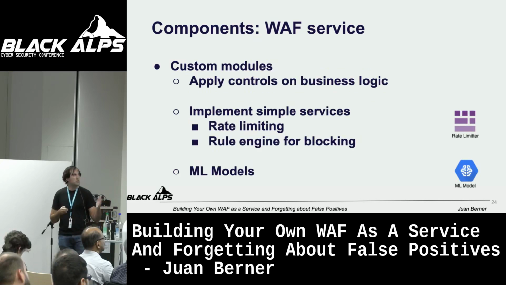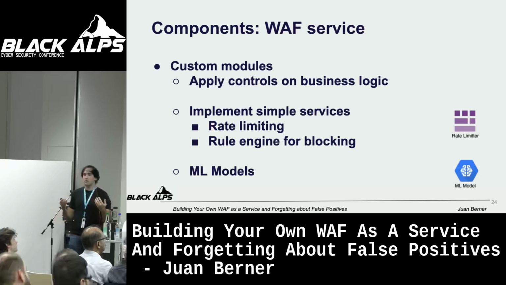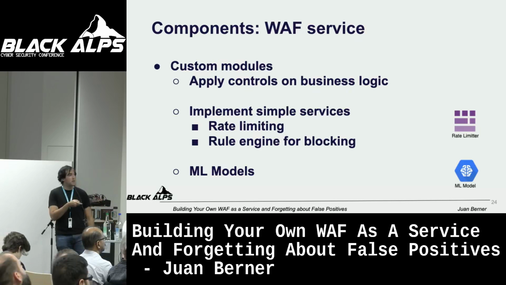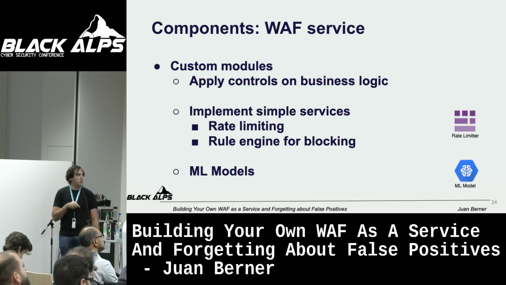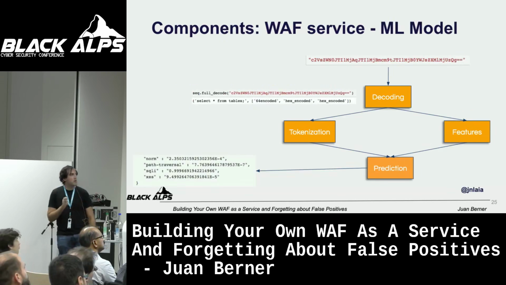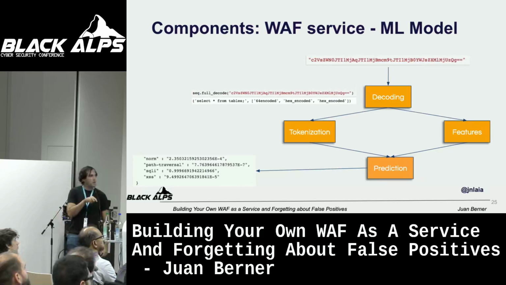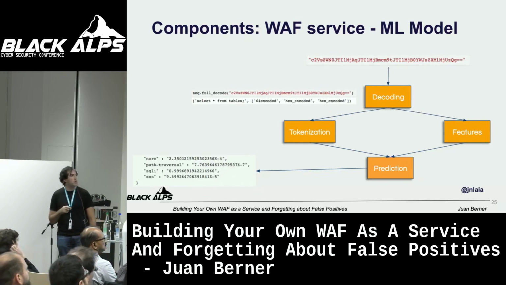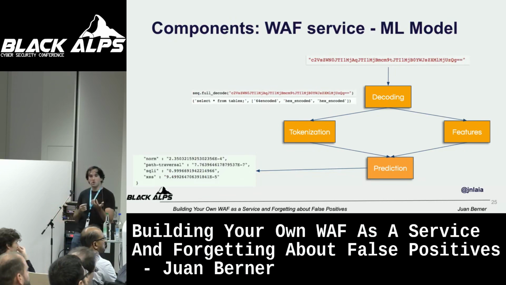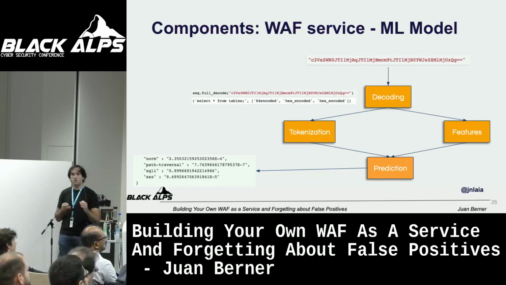And custom modules. So here's where you can actually start expanding the WAF service by adding things like, in this case, I added a rate limiting and rule engine plugin from the public code in GitHub. But you can do much more, like business logic related to your application yourself, or machine learning models. In this one in particular, I'm actually borrowing this from Joao Olaya, who is a data scientist who works with one of my teams. And we had the situation of the WAF service using ModSecurity for most of the predictions. But when using one of the settings of ModSecurity, which is called Paranoia 2, we were finding a